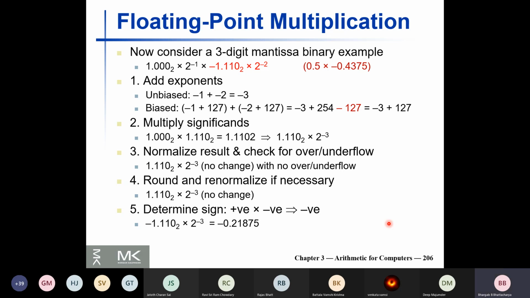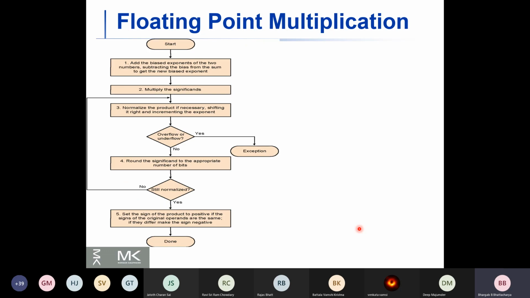And we know how to multiply the significands in the integer domain. You just consider integer multiplication here. Just ignore this binary point. Just do the multiplication and then take care of how many digits are there before this binary point, and shift them during the normalization step. Well, so let us see what sort of hardware resources we need.